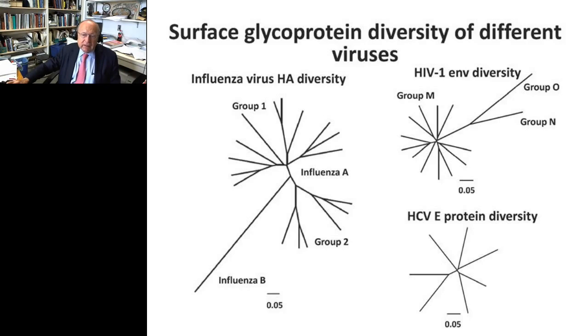And then we also have on here the hepatitis C virus, the E protein, the diversity, and again you can see here, if you just look at the bar, again this is 5% difference, and one can see here that the different variants of hepatitis C virus in terms of the E protein is also quite dramatic. So this is something we should be very much aware of, and we will see, for example,